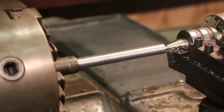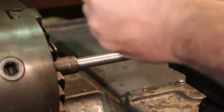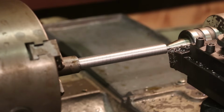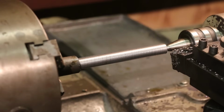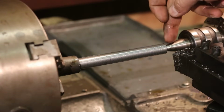We should be at about 600 thousandths on the diameter, 630. So I'm going to slow my feed rate down, and I'm going to have to, my tool is hitting my